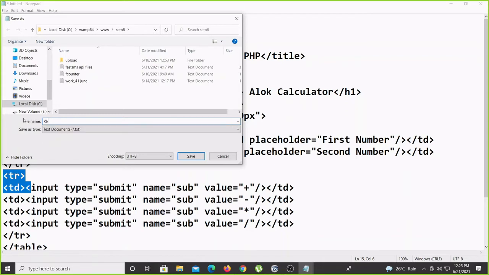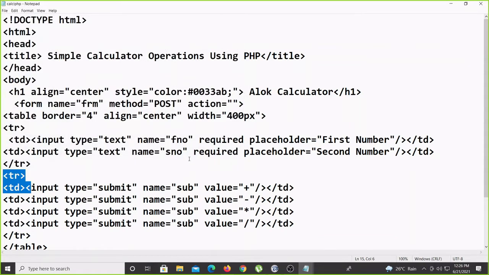This is a PHP file, calc.php. Calc.php is the file name and .php is the extension of this PHP file. Yeah, now we can save, right?